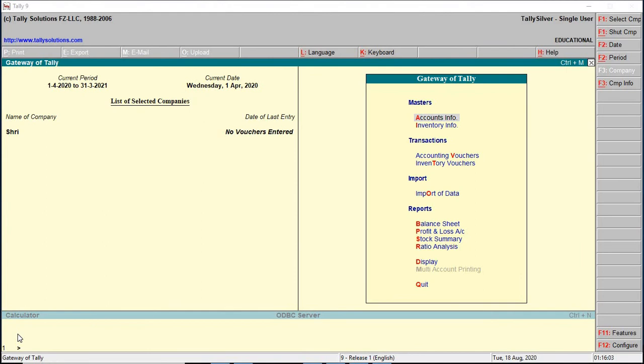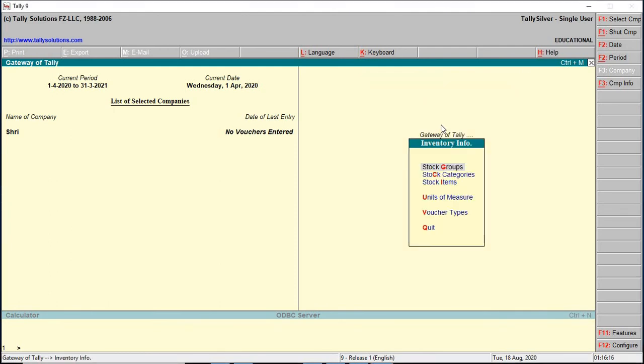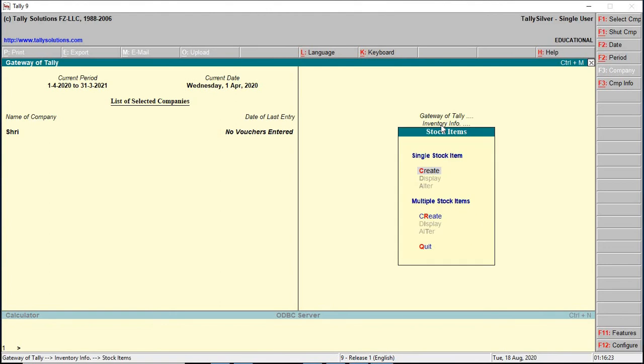Let us create a stock item in Tally. To create a stock item, select Inventory Info. Select Stock Items. Select Create under Single Stock Item to create one item at a time.